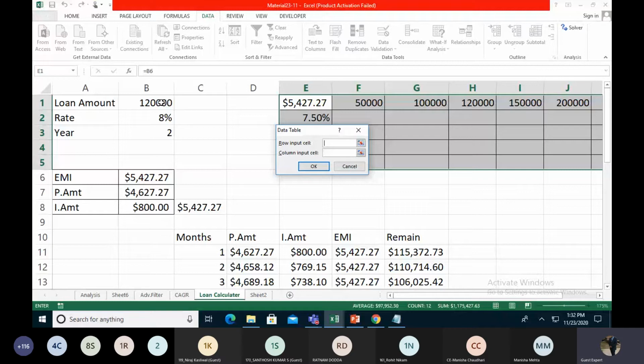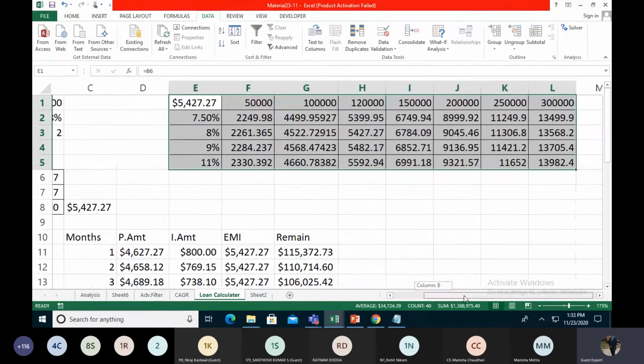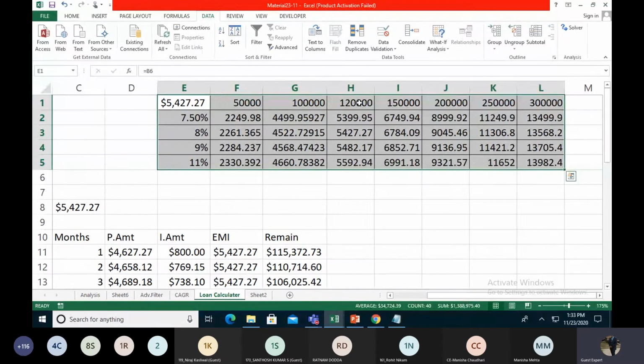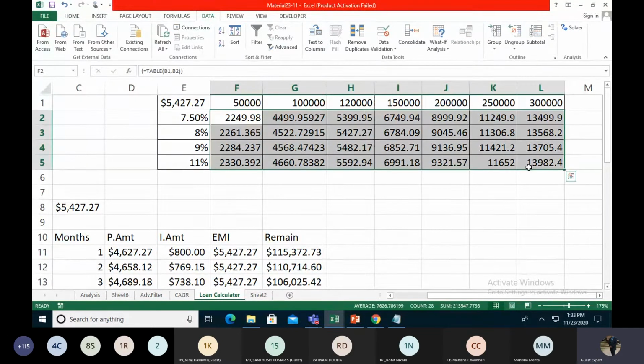So in the row input, we take the loan amount, like 1,20,000, because all the loan amounts are in the row input, and then in the column input we take all the interest. So we take the interest over here, 8%, and then okay. So we get all the data over here, like 1,20,000 rupees at 8%. So that is the EMI. If this is 1 lakh and the interest rate is 9% for 2 years, there is a 4,5,6,8. So we find all the EMI values over here using a data table.